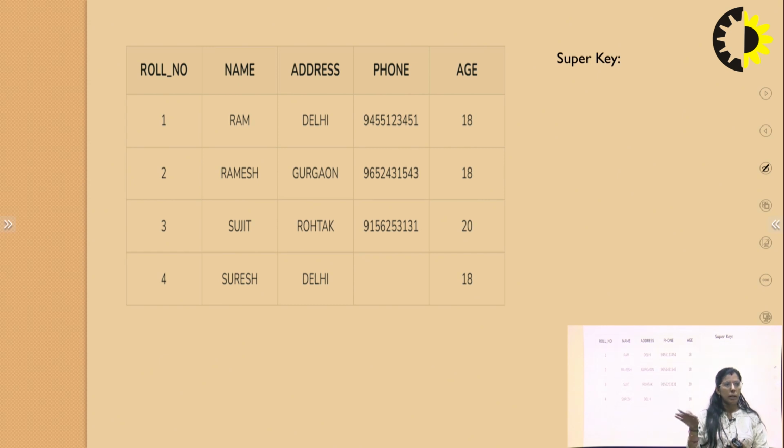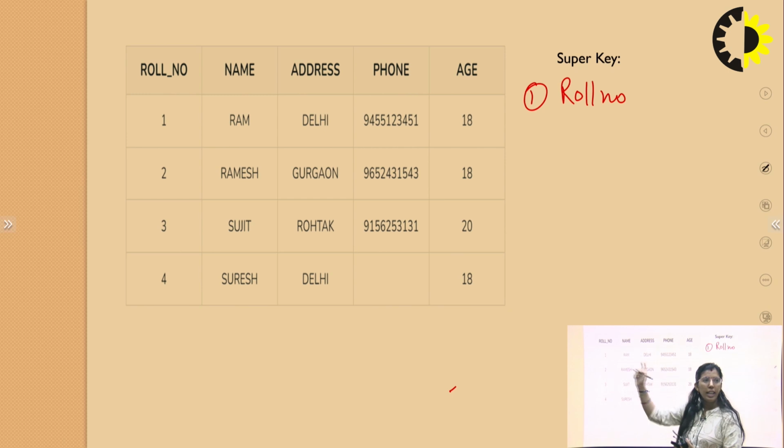So in this particular example, what are the super keys? The first super key can be your roll number. Using roll number, we can identify each tuple. Second can be name, but name alone cannot be taken as a super key because two students can have a similar name, so we would not be able to identify which student we are talking about.